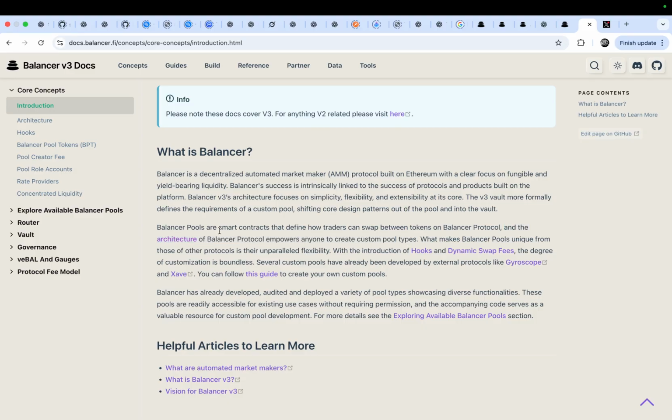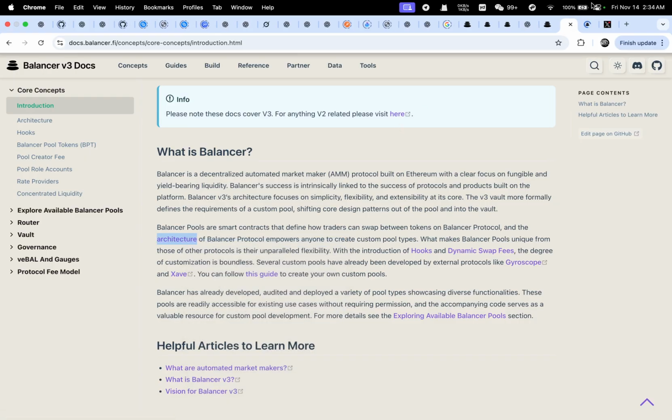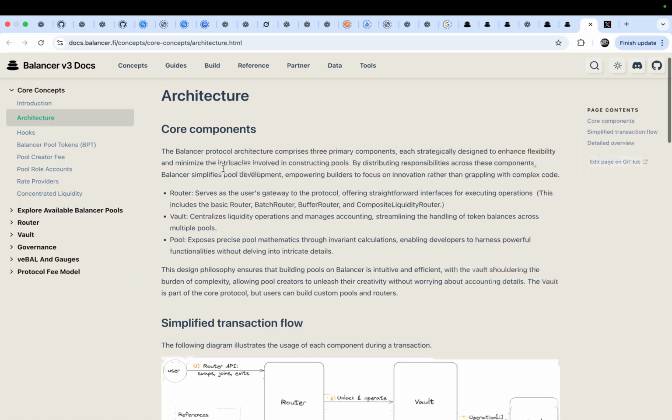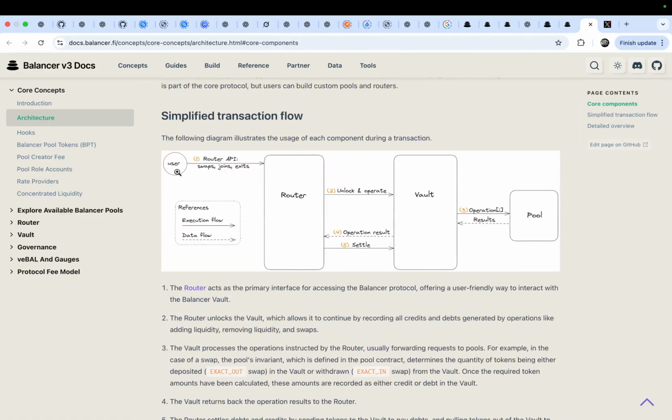As for the architecture, we can explore it. Firstly, let's look at the figure. There are three entities in the smart contract. This is the user, or the developer, or other smart contracts, and the user will call the router API.